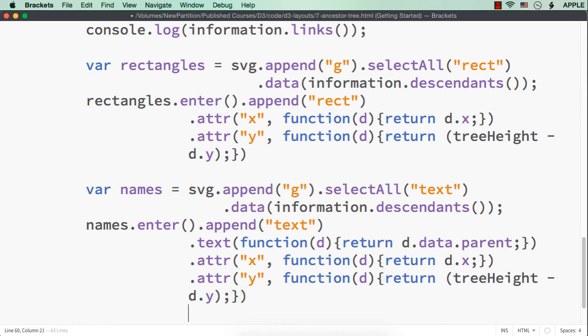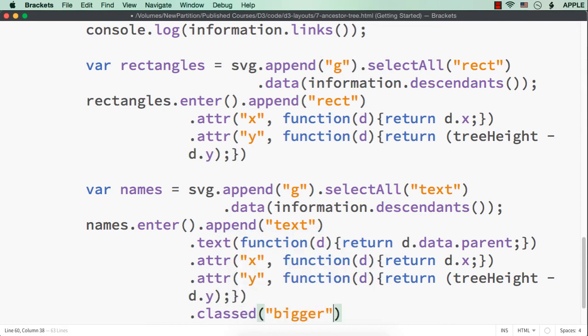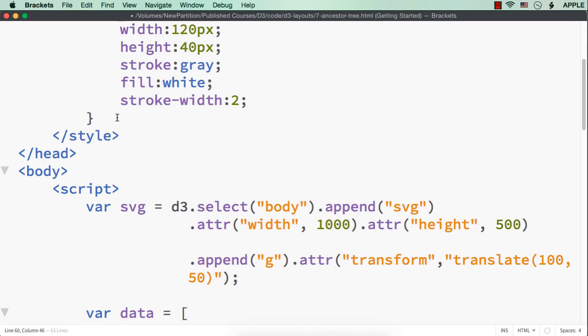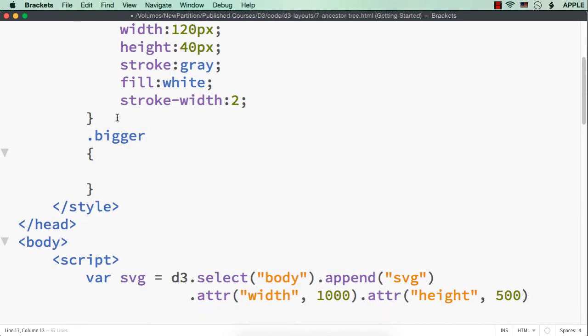So here let me specify .classed("bigger", true), and inside the CSS part let me access it, that is .bigger, and let me set the font size to be say 20px.